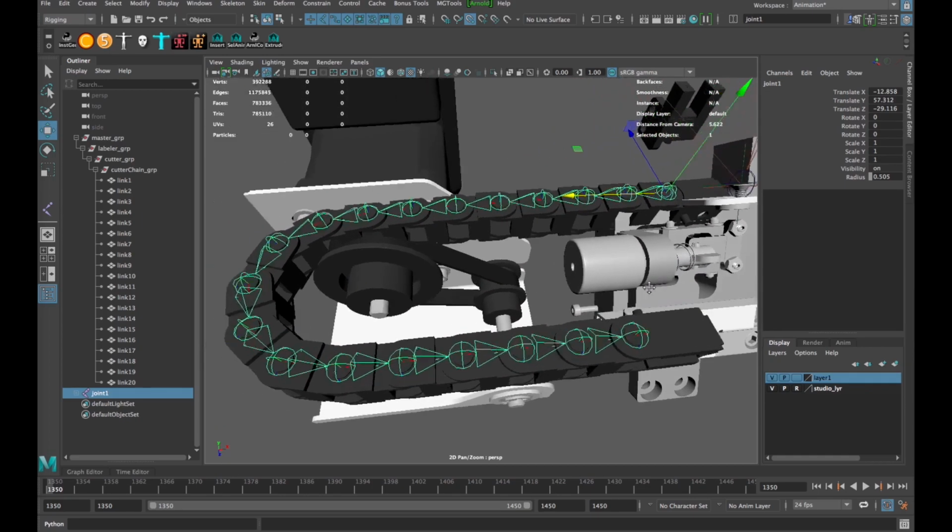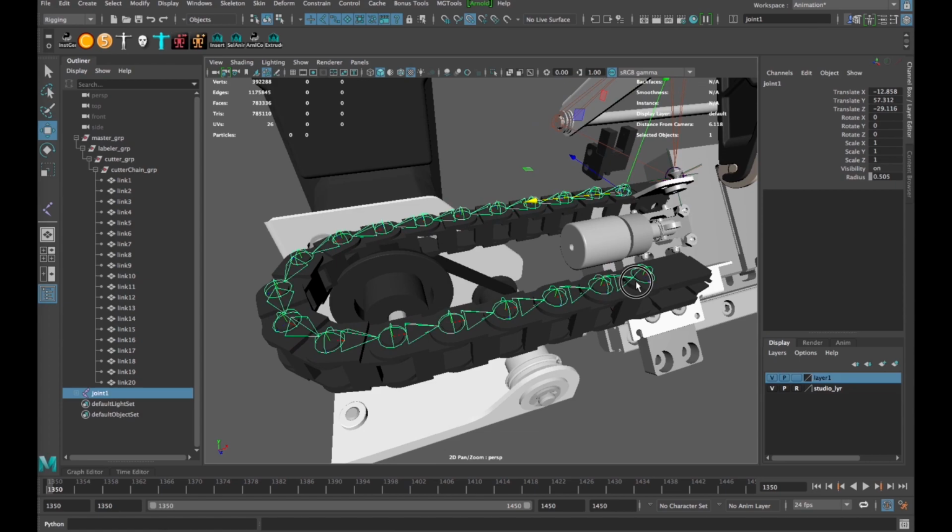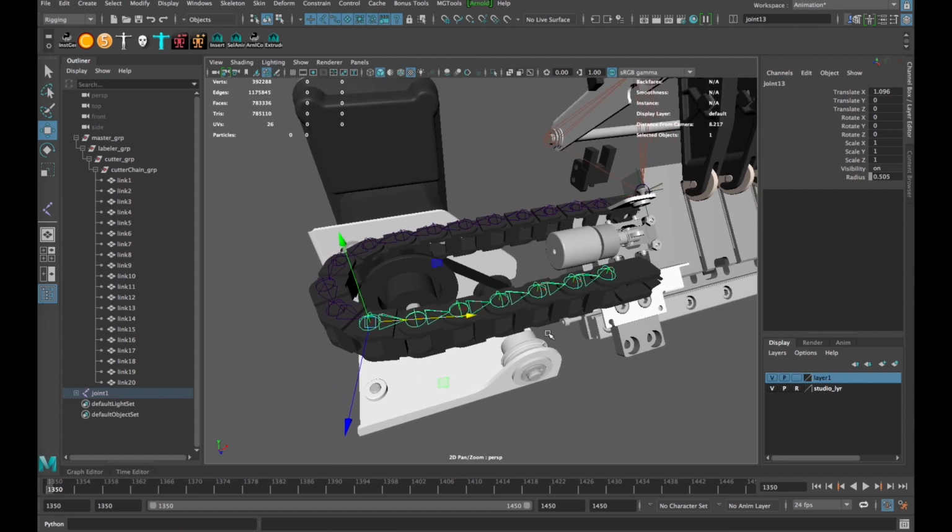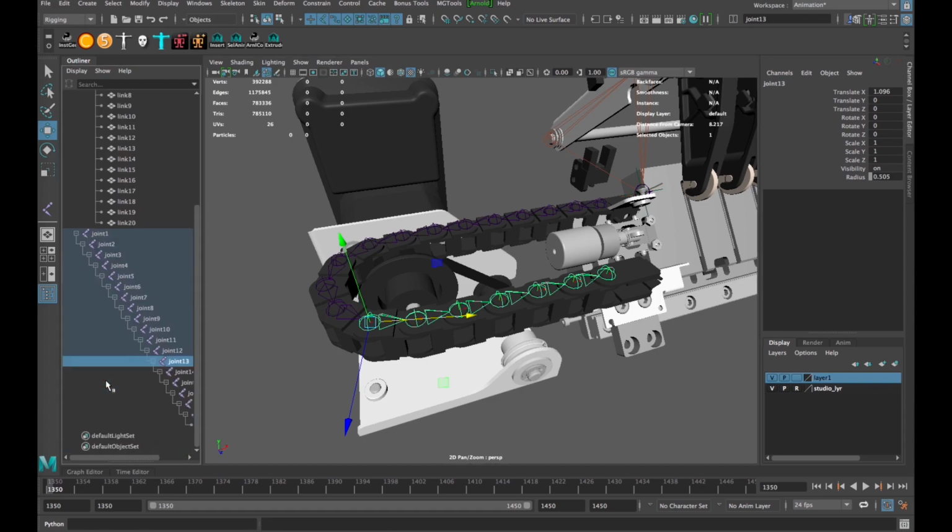And the second piece that we need is a spline, or a curve. And that's actually what's going to drive this entire joint chain. Back up a step. There are two ways to rig a joint chain in animation. There's forward kinematics and inverse kinematics. Forward kinematics, or FK, means that